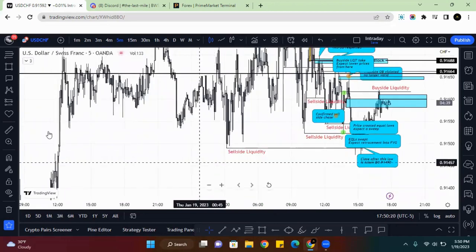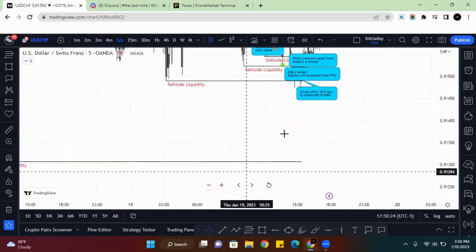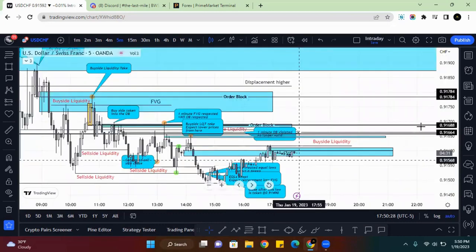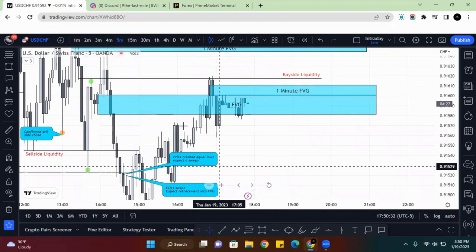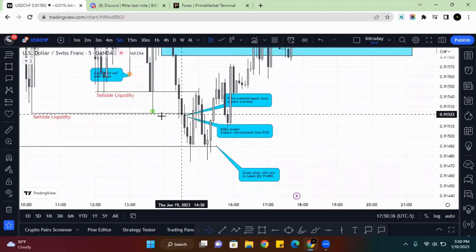All you have to do is look left and look at all the lows right here. These were generous targets that could have been had, but volatility was not the best today. After that, price came down, took sell side again, all the way down to my target. I actually ended up closing somewhere right here after this sell side liquidity take happened.